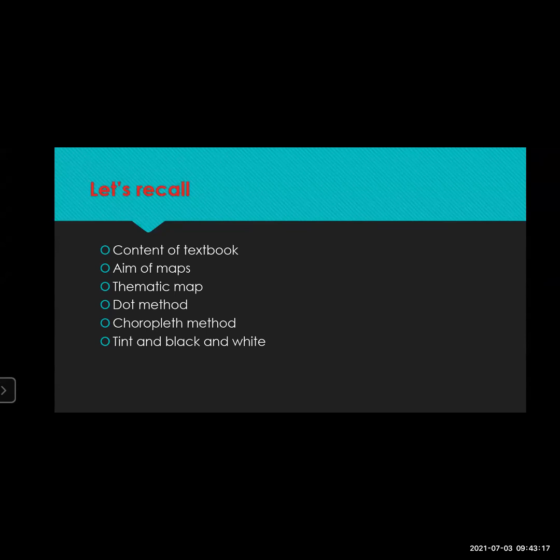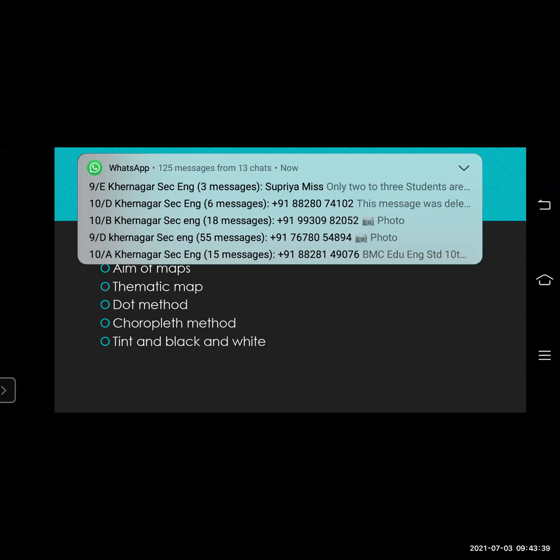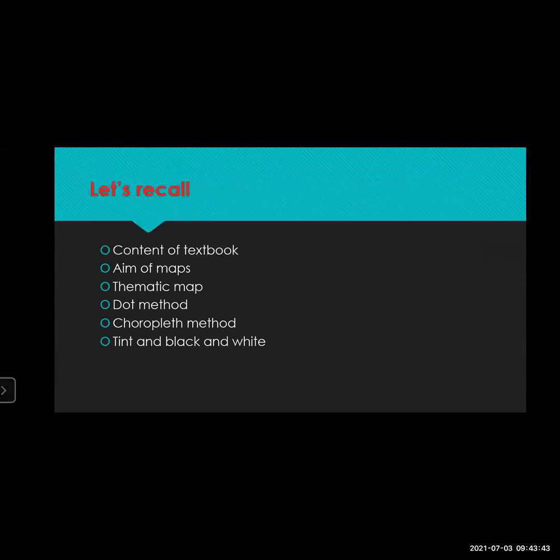Next, we saw what a map is and what the main aim of a map is. The main aim of a map is to show different variables. The map is also one tool of learning geography, a tool of learning about the earth. Another tool is the globe, which we saw in our revision lectures.